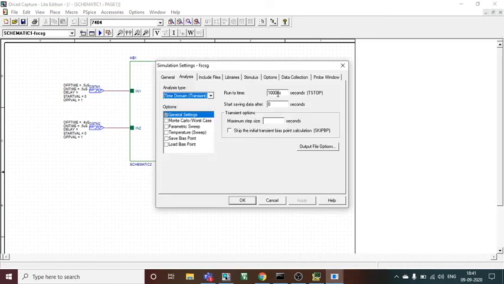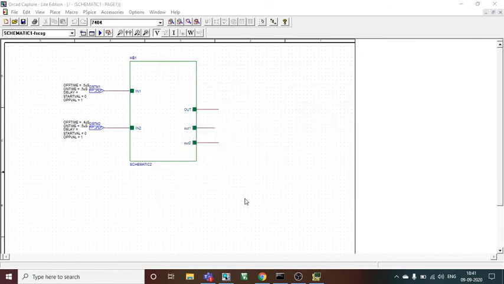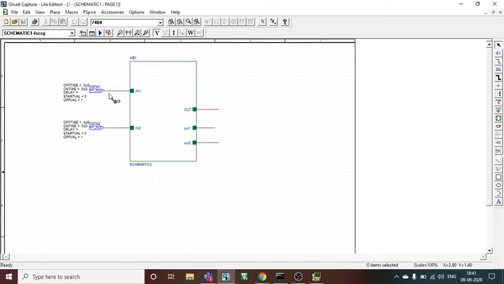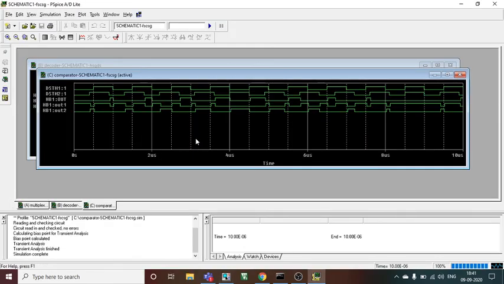Simulation settings, I will have to change to 10 microseconds. Okay, and then finally we can place voltage markers at input as well as output, here, here and here. Okay, done. And in the end we have to press run and see the results are here.